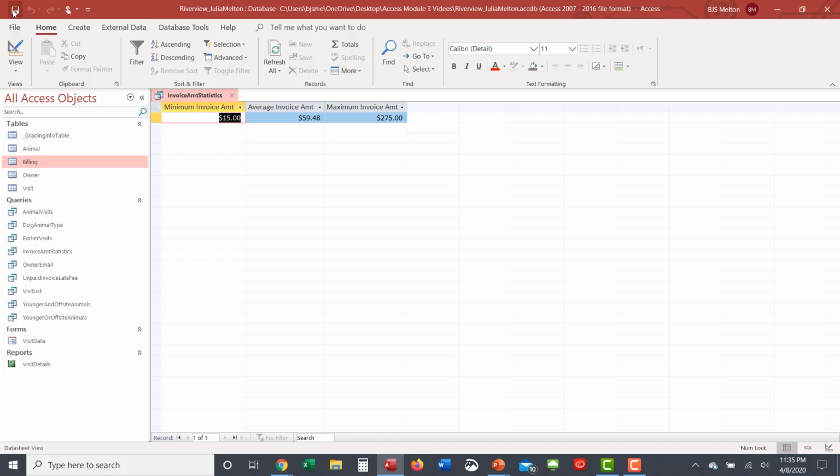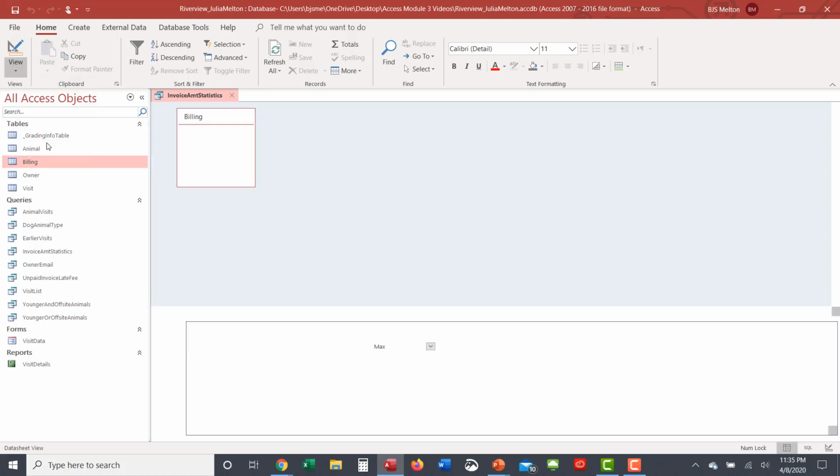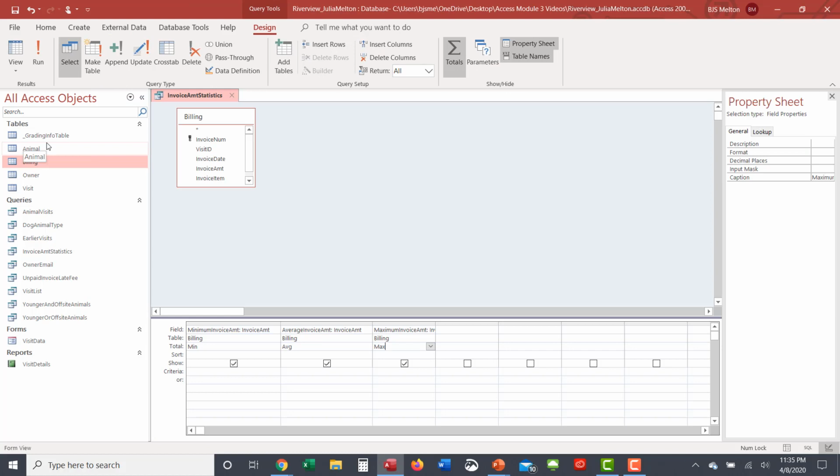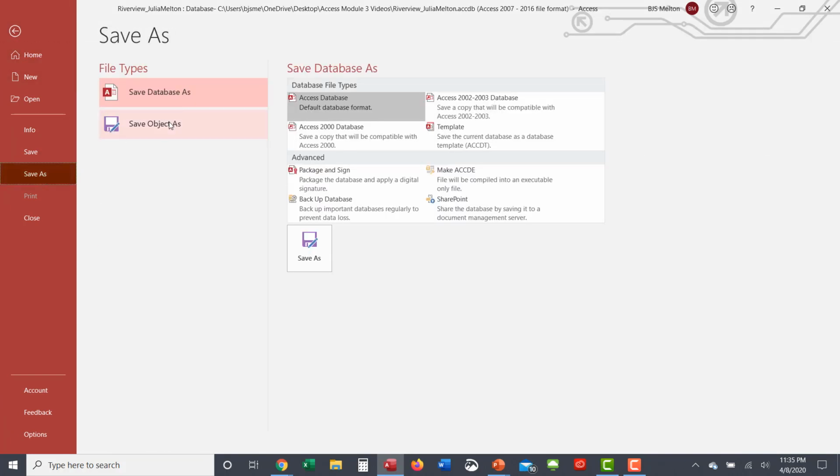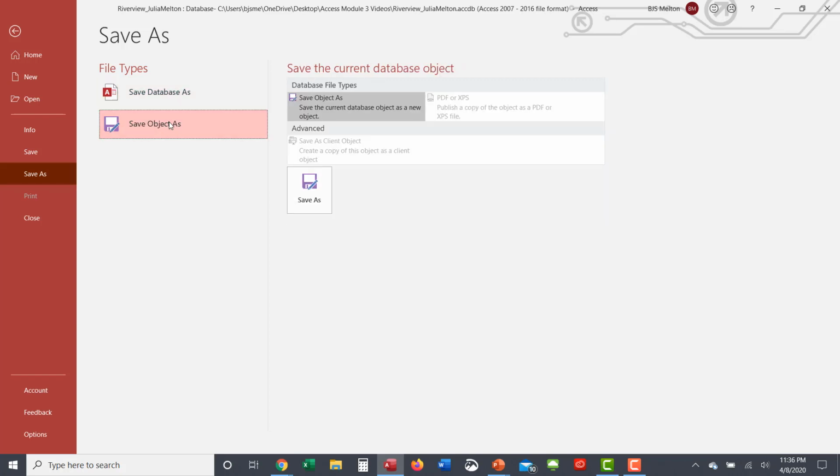All right, so we need to create a new query with a group by operator. So we're going to display the invoice amount statistics query in the design view. Click the File tab. And this time we're going to save as and try it a different way. We are saving it as an object because it is a query. All right, so if you'll notice that, click on Save As,